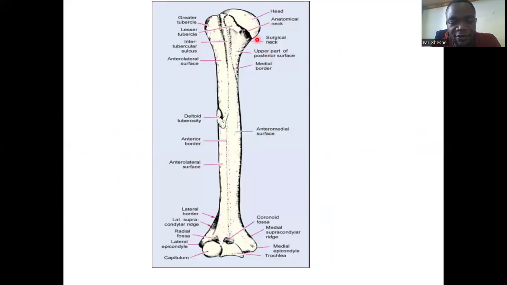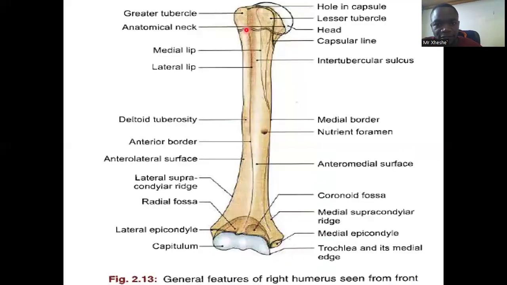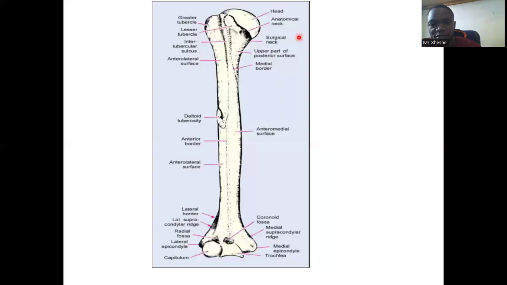Now, if a humerus has a head, then there must be a neck somewhere. You can't have a head without a neck. So this is a neck. Now, the problem is that the humerus has two necks. It has an anatomical neck, which is a true neck, and also a surgical neck. Let's start with the anatomical neck. The anatomical neck attaches the head to the rest of the bone. Head, then this is the entire bone. So that area there, that line, is what you refer to as the anatomical neck. The real neck